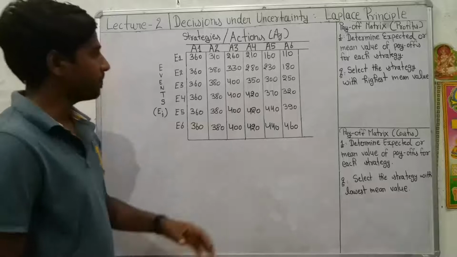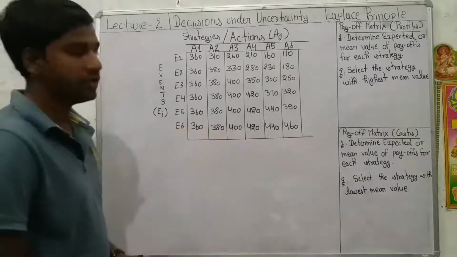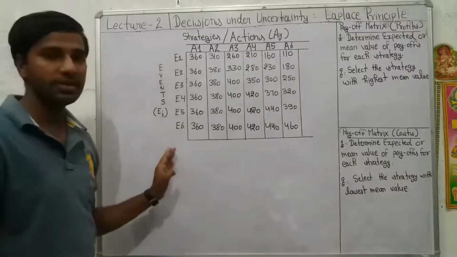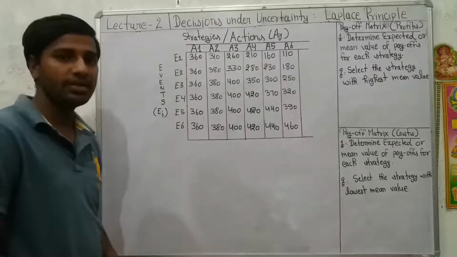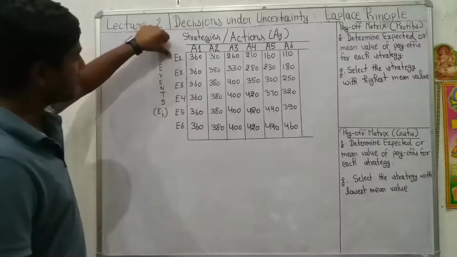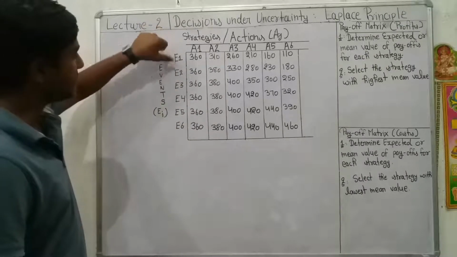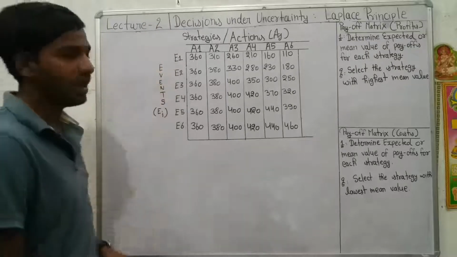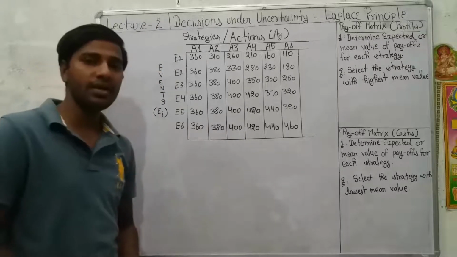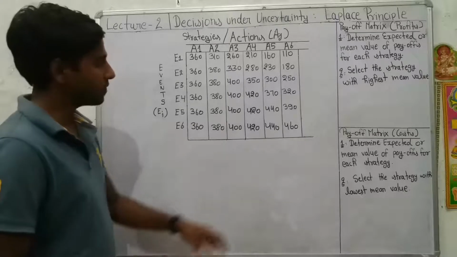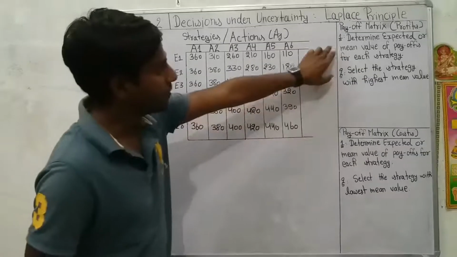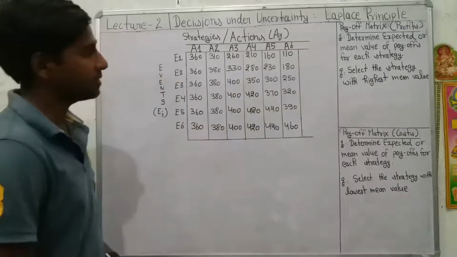It is that if we have no information or we don't know the probabilities or likelihood of happening of the future events, in that case we can assign them equal probabilities. It means we can assign equal probabilities to events E1, E2, E3, E4, E5 and E6. So we can say that they are equally likely to happen in future. So with this assumption, we can follow these 2 steps to calculate the solution for this